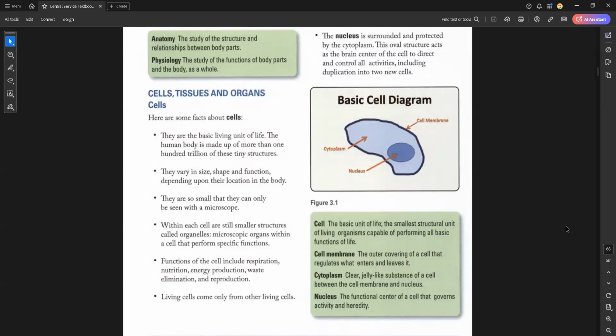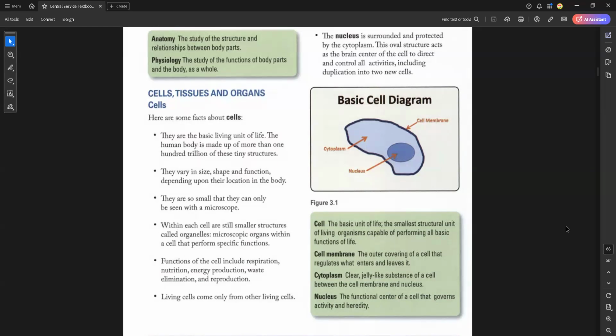Now, cells, just like human beings, they respire, they breathe, they eat. The food that we eat goes into the cells. More than 100 trillion, they take it. So if I eat kenke, rice, banku, fufu, tozafi, all of these are going to be taken by